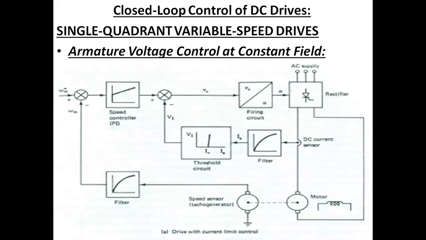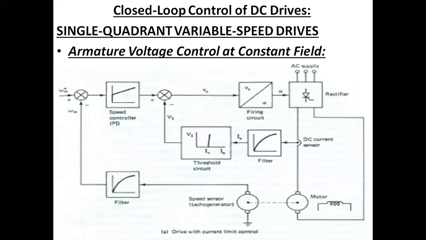So this will mainly be dealing with cases when a steady state accuracy requirement cannot be satisfied in the open loop configuration. Actually, we have two types of configurations, open loop and closed loop, right? So if in steady state you are not getting accurate values and we are not satisfied with those approximate values, then we can choose closed loop drives.